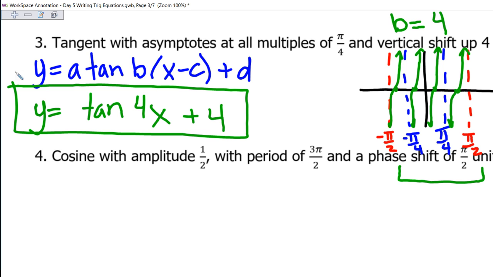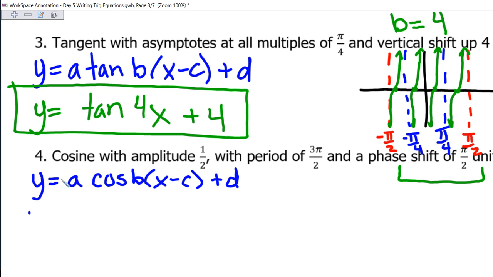For number 4, cosine with amplitude of 1/2 with a period of 3 pi over 2 and a phase shift of pi over 2 units right. So my general equation would be y equals a times the cosine of (b x minus c) plus d. So starting with